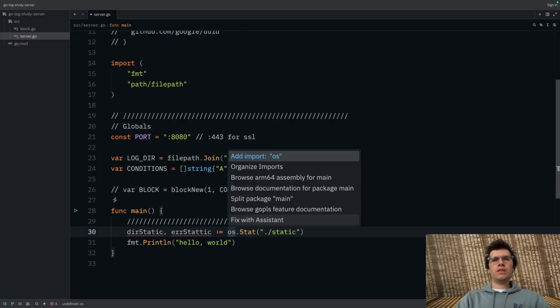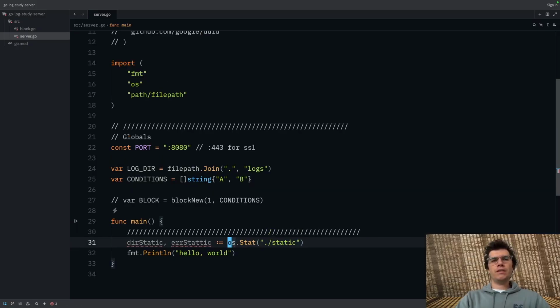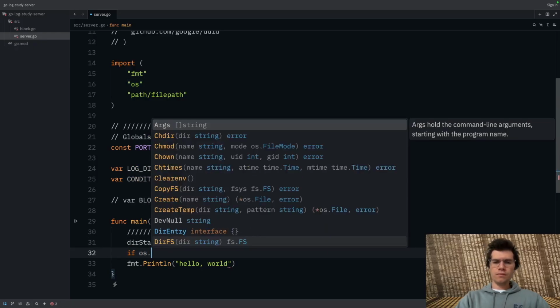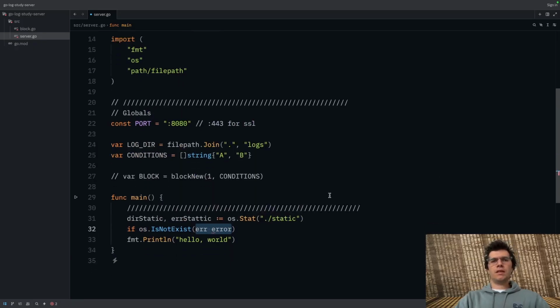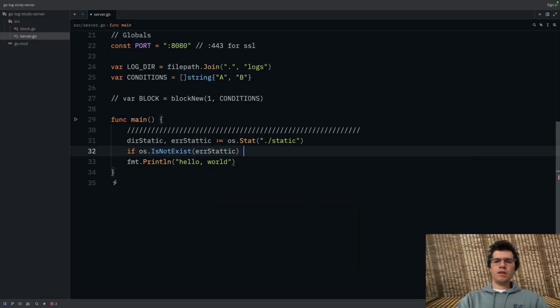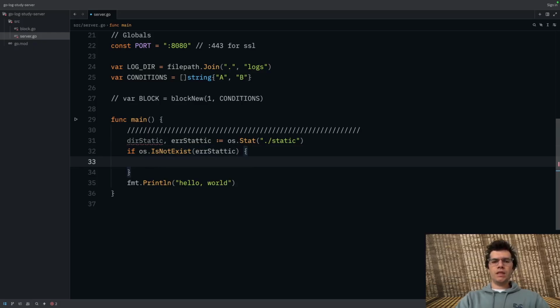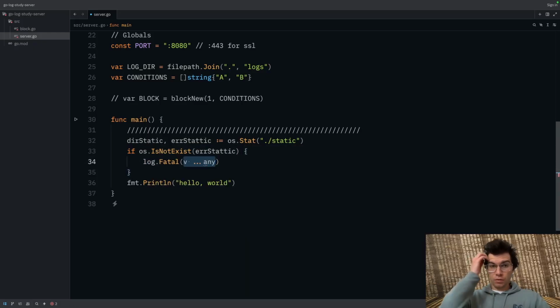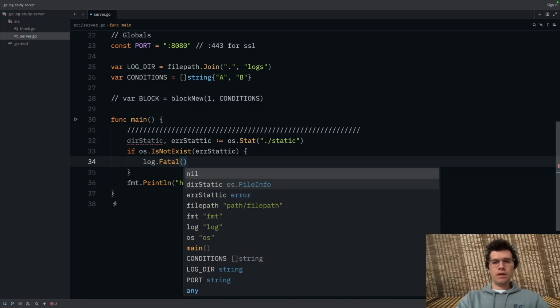We need to do this, add import to os. So now we're getting errors because these things are not used and you need to use them. Is not exist, that's right. And then we can do error static, right? And then we can use log fatal instead of the log we made in the Sokoban series, right?